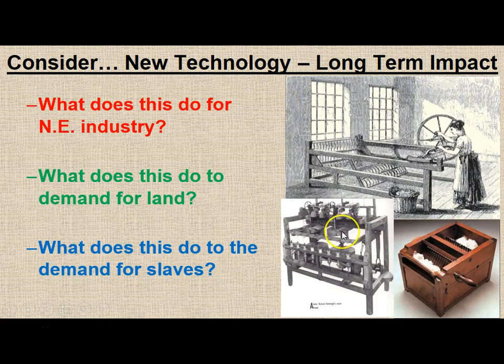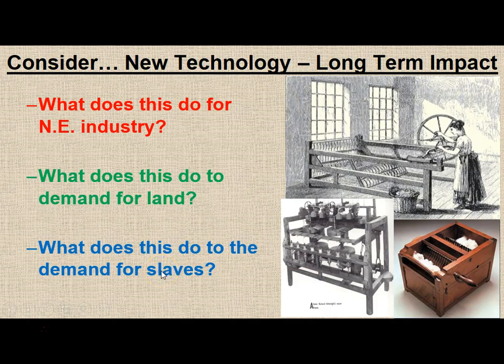And so what this is going to do for industry in the Northeast is increase the supply of cotton, which means it's cheaper. And now American textiles, when we get to it, and textile industrialists are going to compete with British textile industries much more effectively. And this is going to also bring foreign buyers of cotton to the United States and buying it because it's cheaper and they can make more of a profit that way.